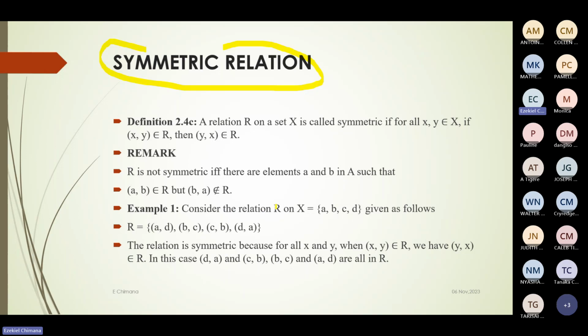So for example, consider the relation R on X, which has A, B, C, D as elements, given as follows: AD, BC, CB, and DA. Can you say the relation is symmetric? Yes. Why? If we look at this, we've got an AD. Do we have a DA? Yes, we have a DA. Whenever you've got a BC, we have a CB, just like that. So you are saying whenever you have an XY, you must also have a YX for it to be a